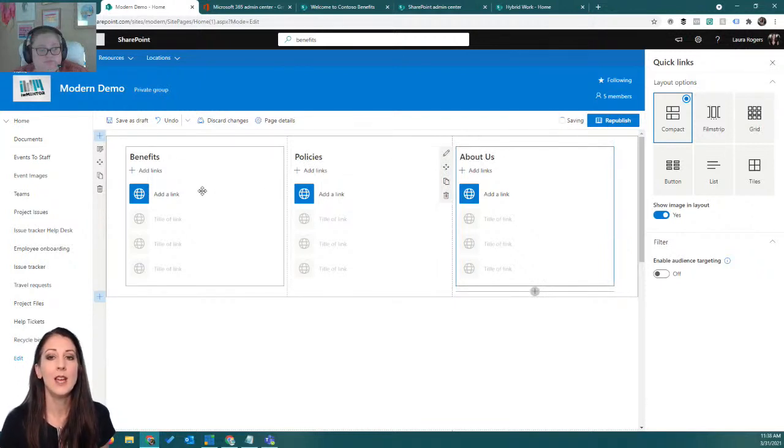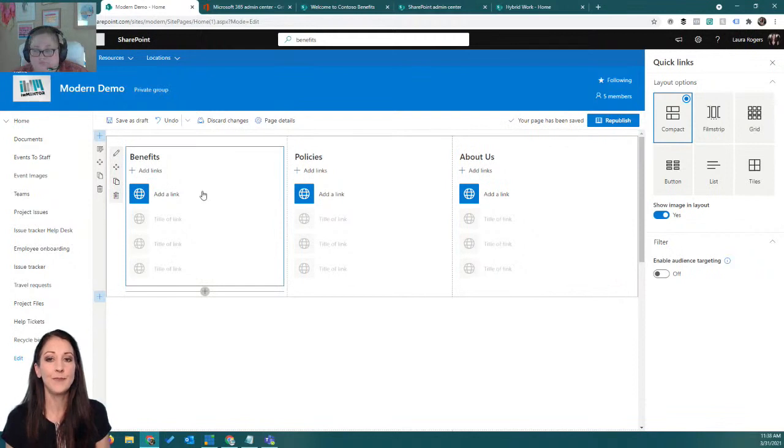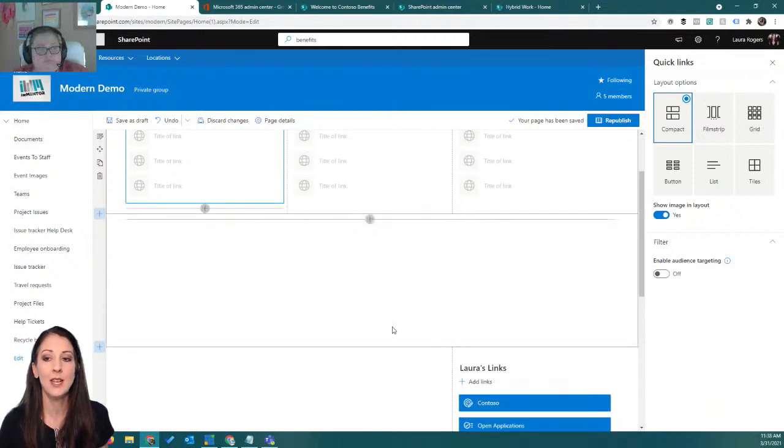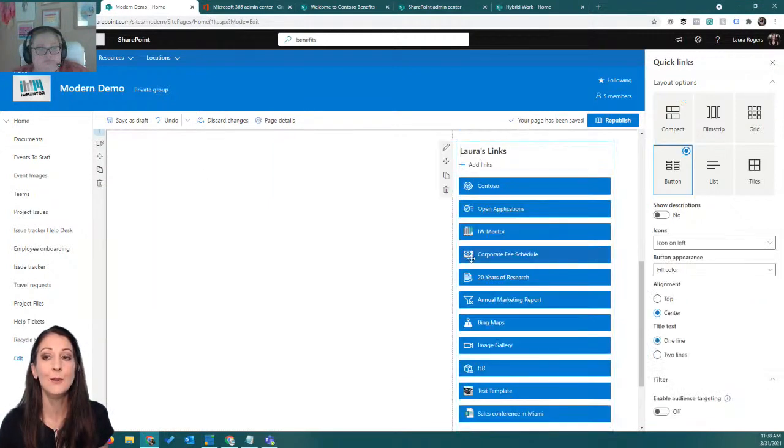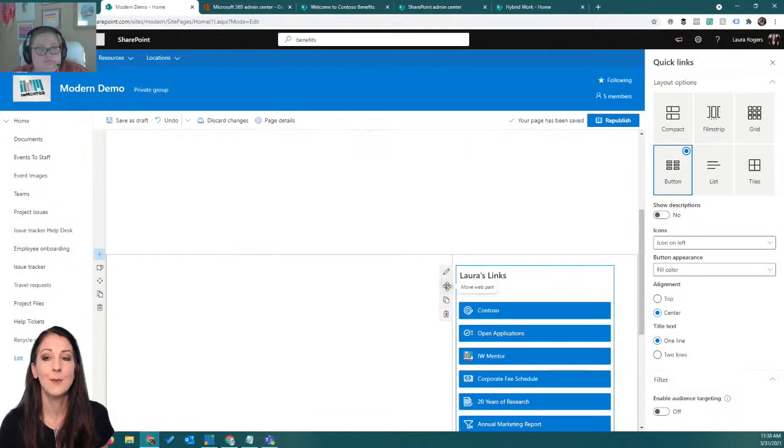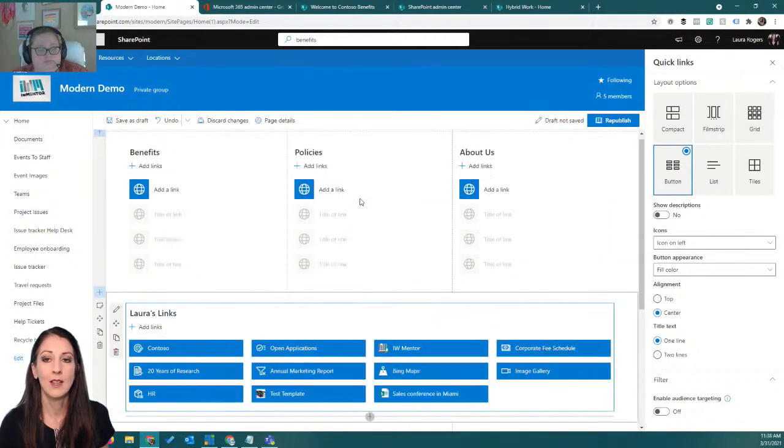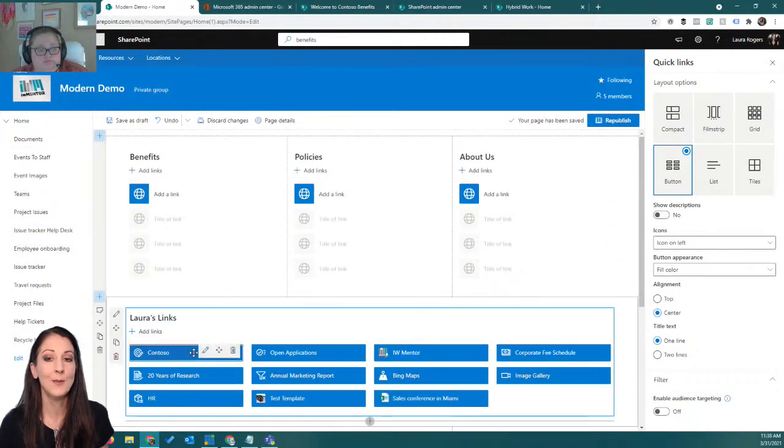And then this way, now you can start adding the links that would go in each of these separate sections. Now, what would be nice is if you could take the individual links and drag them. I'm going to move this up here. That would be nice if you could just move the links around, but I highly doubt it. You can move them from one web part to another? Yeah, no. You can rearrange them in the web part,